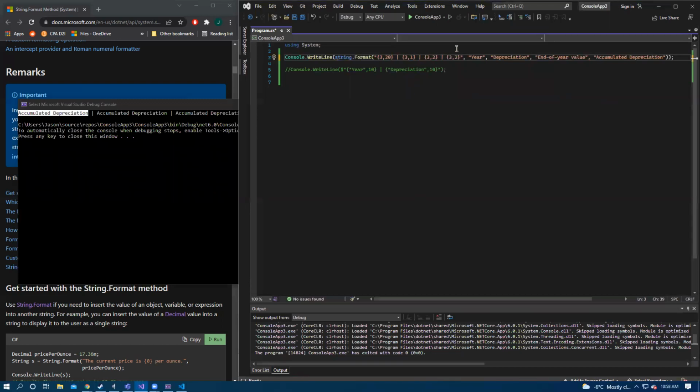I think what you can also put in, if this was an integer, is the actual format rules, the way we used to do with currency, with the dollar sign. So this should turn it to currency. Yes, I did.